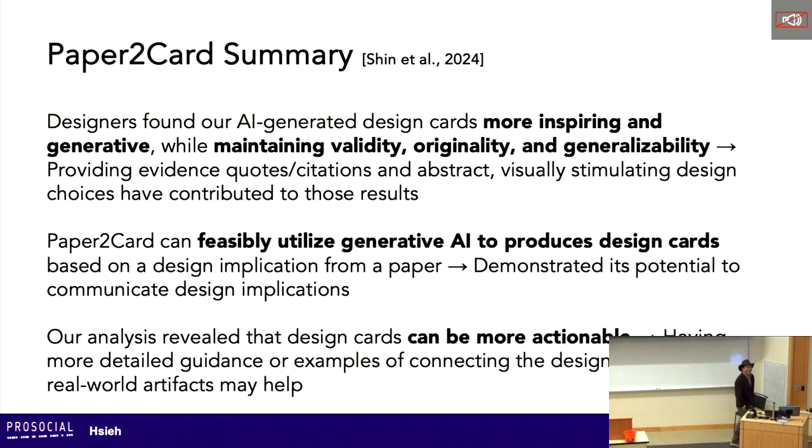We use few-shot prompting where we fed multiple examples that have the original design implication paired with an author-created illustration of a potential use case, and then we fed four examples of them, and then whenever the user creates another design card, the model will use the design